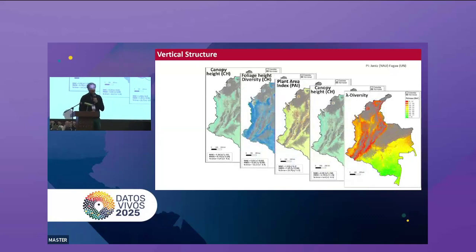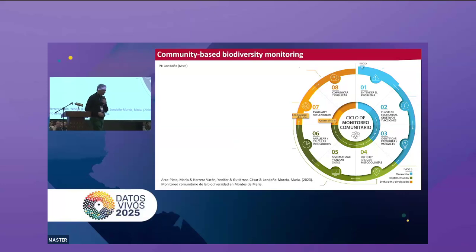El otro proyecto fue el desarrollo de diferentes productos que describen la estructura vertical del bosque. Aquí están representados en esta diapositiva y esto fue liderado por Patrick Jans y luego Camilo Fagua de la Universidad Nacional. Y finalmente, el proyecto de desarrollo de un protocolo de monitoreo comunitario de la biodiversidad con una asociación de mujeres campesinas en el norte